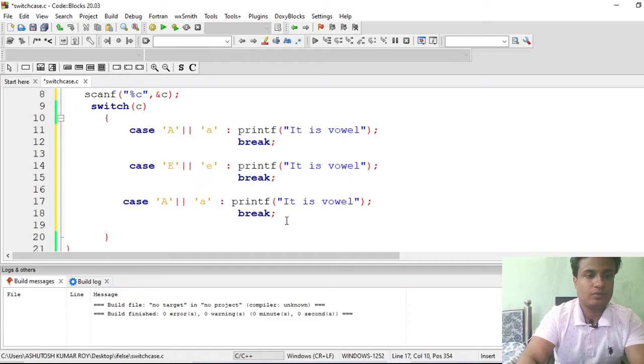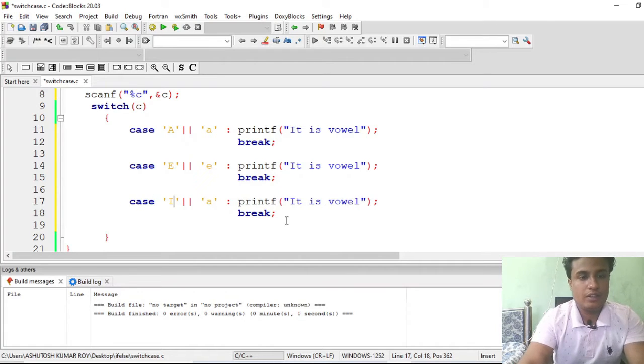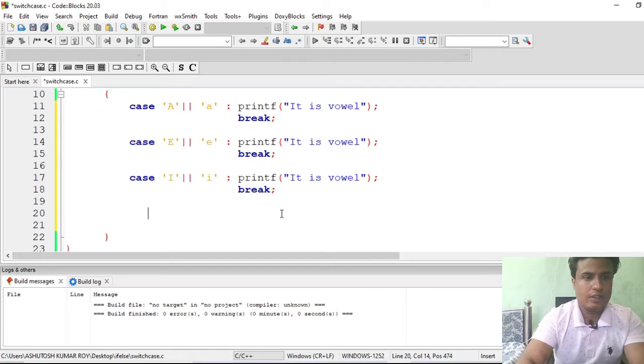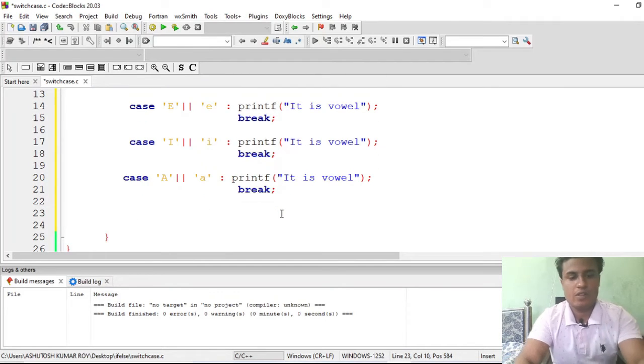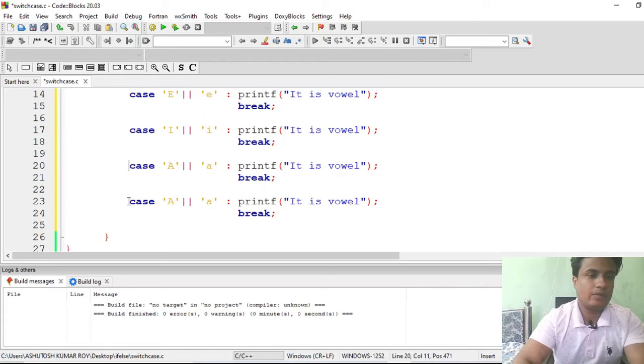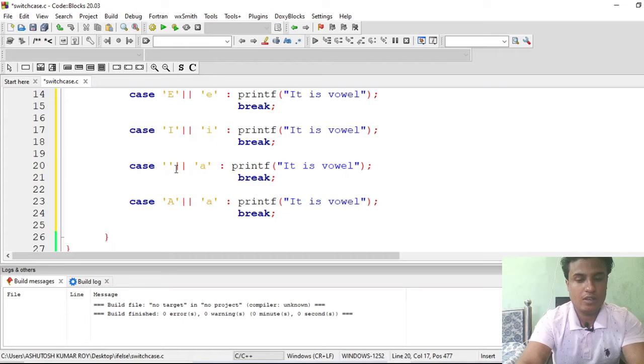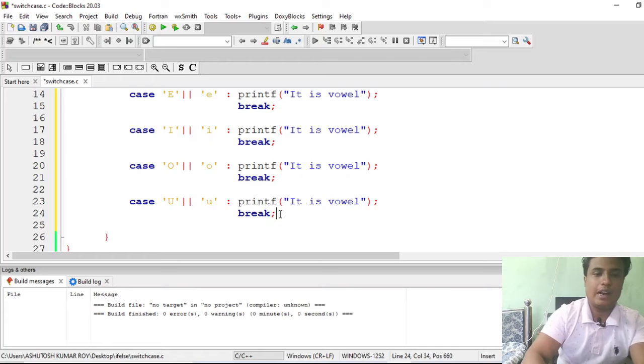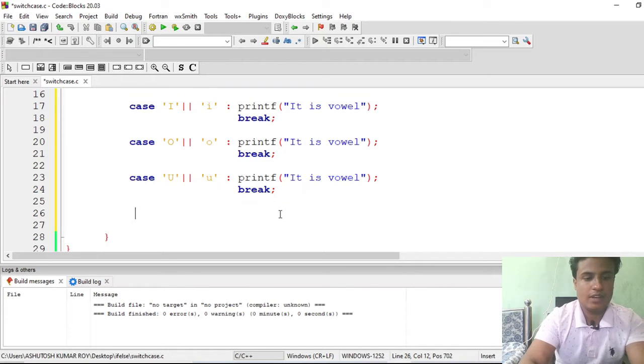I, O, U: capital O or small o, capital U or small u, and at last we give the default case.